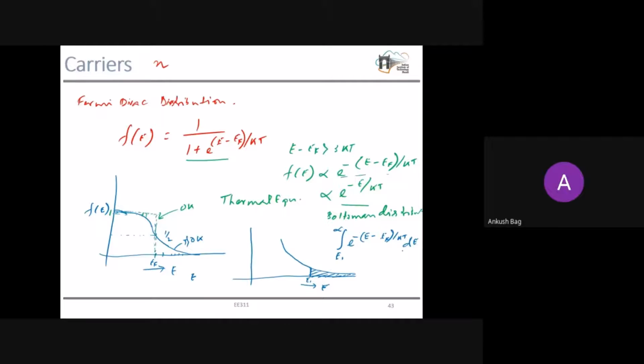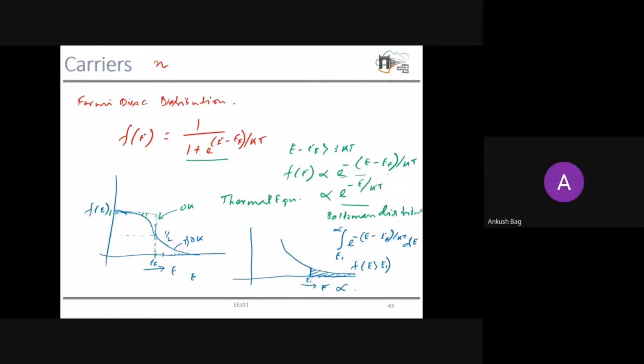Then we can find the total probability of finding any electron above energy level E1. Once again, the probability of finding an electron with E greater than energy level E1 will be proportional to,